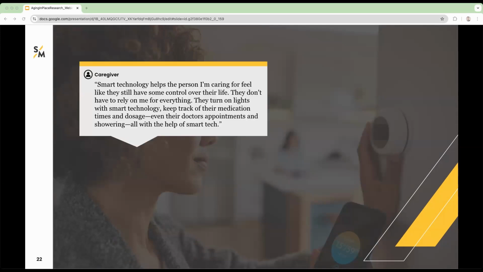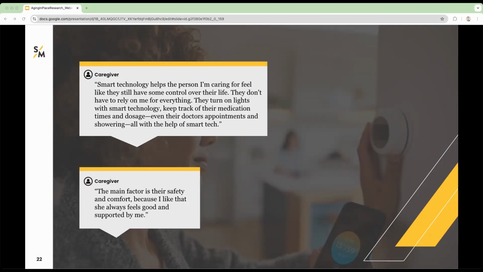Smart technology helps the person I'm caring for feel like they still have some control over their life. They don't have to rely on me for everything. They turn on the lights with smart technology, keep track of their medication times and dosage, even their doctor's appointments and showering, all with the help of smart tech. And the second one, the main factor is their safety and comfort, because I like that she always feels good